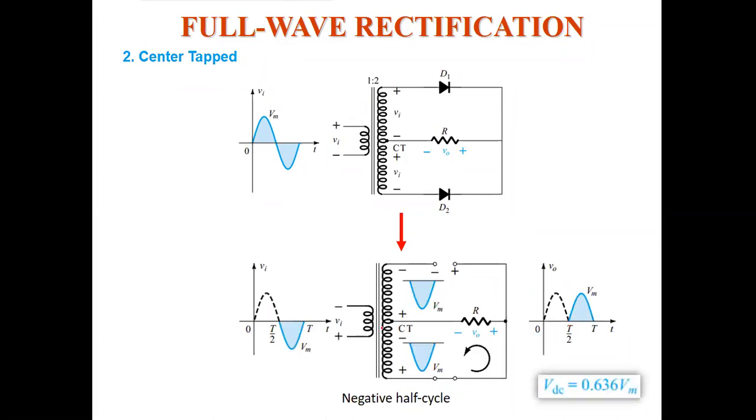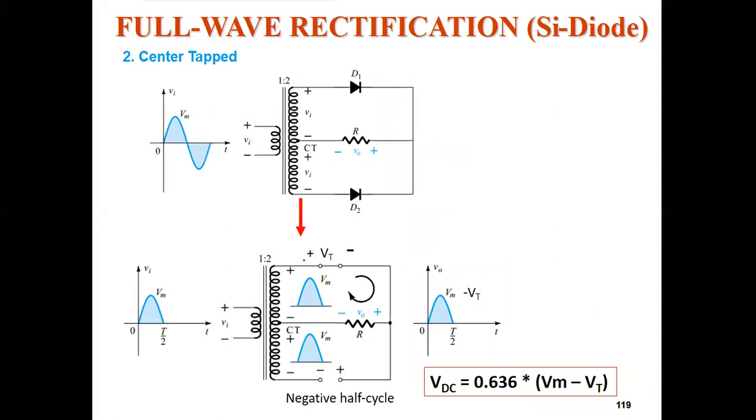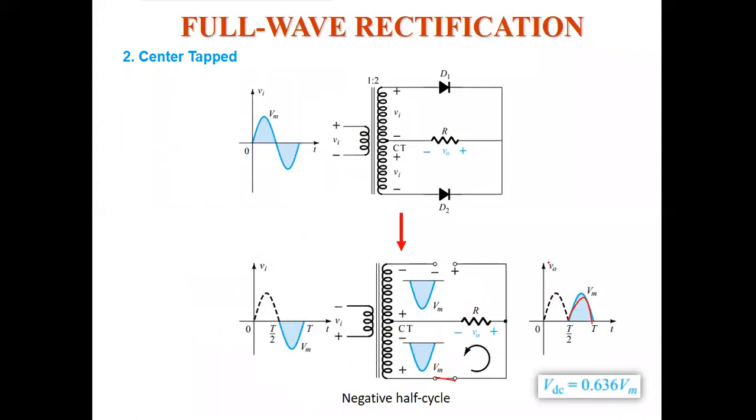And you will draw another figure where this portion is on. Okay, so with that you will draw this figure, and write a paragraph explaining it, and your output comes like this. So finally, what comes as your net output after combining, that figure will be there. Here I have not drawn it, so you can say that the net output equals this one we are getting in the positive half cycle and this one we are getting in the negative half cycle. Okay, so like this we are getting the output.